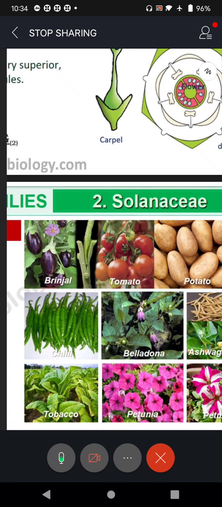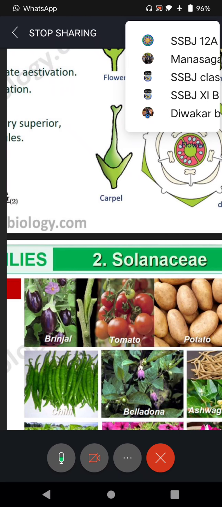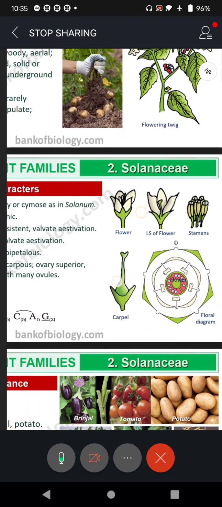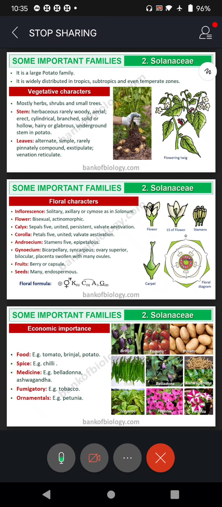So have a flower today, have the plant, you need not pluck it out, just whatever characteristics I am telling, verify with that. I am sure most of you are having potato crop in your field, you must be growing tomato, you must be growing brinjal, very common in North Karnataka, and of course chilies, and in your home you must be having petunia plant. So just see whatever characteristics that we are going to describe today, are they there? Hold the plant in your hand and check whatever we are studying today, is it there or not. So with that background, we will go to the description.